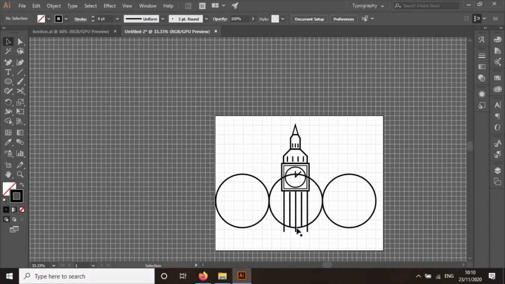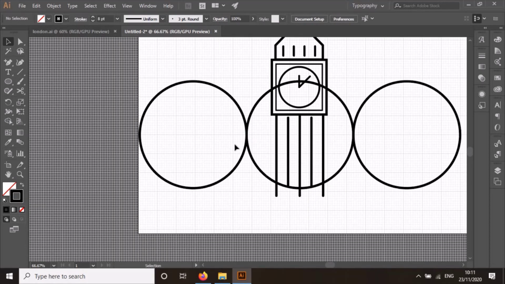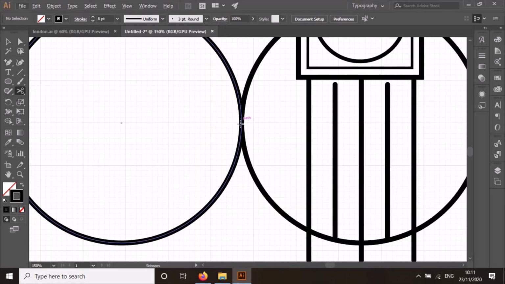Okay. So now what I'm gonna do is I am gonna cut this section over here, because we don't need this part of the circle, and from here and here, so that we can have the bridge like this coming from here to here to here. So I'm gonna use the Scissor tool, so it is over there. If it is not here, if you have eraser tool, then just right click and then there is a Scissor tool. So with Scissor tool, what I'm gonna do is at the center, I'm just gonna click once,